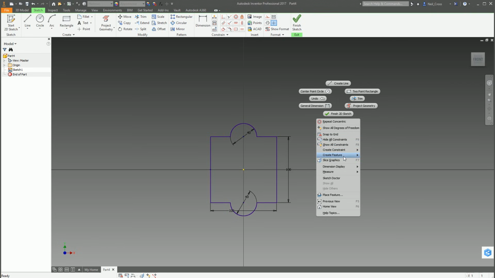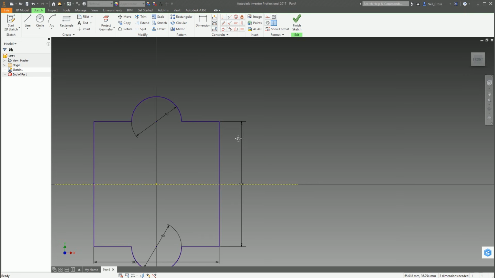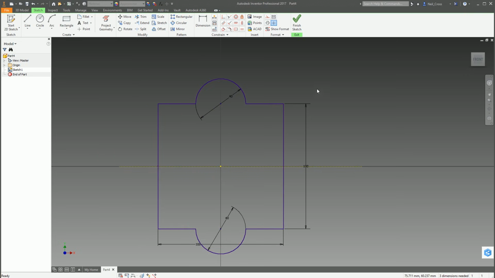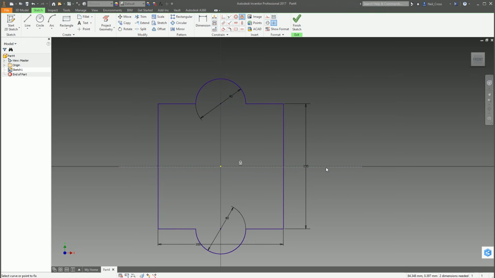What else we got? We've looked at collinear, we've looked at equal, we've looked at horizontal, vertical. Fix is a bit of a cheat, but it's sometimes useful. A fixed constraint is, for example, when you're doing something like, I don't know, maybe a construction line. So you draw a line, you'd select it, make it a construction line. Now that construction line is able to be moved around, and you don't really want to concern yourself with having to place dimensions and 2D constraints on a construction line. So what you can do is just say, right, create a constraint, and then I want to fix it. Select fix, pick that line, it just goes blue. It's just now fixed. It can't move. It can change size because it's not a numerical constraint, but in terms of its position, it's fixed.